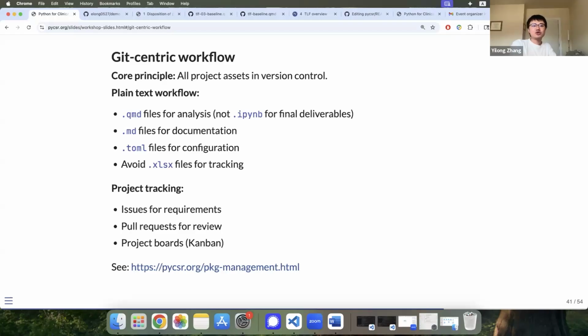And also those project trackers. So we have some examples. You can either do it in plain text or you can use some existing tools like Kanban or different project management tools that are already available, and potentially integrate into your project management if you have multiple trials you have to manage as a team lead.